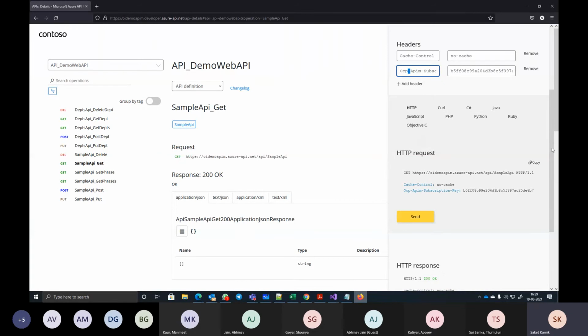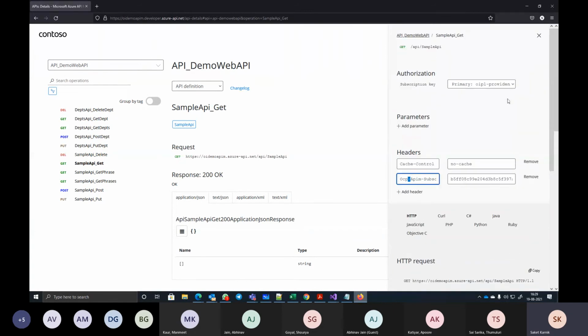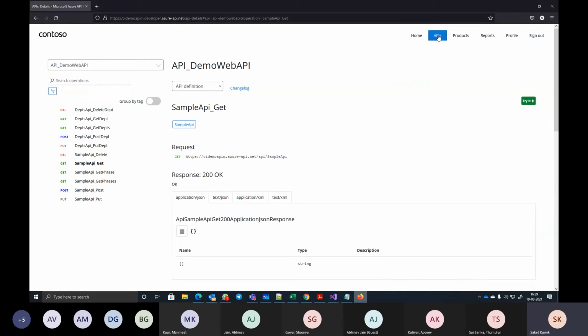I can market my APIs. I can put a charge. I mean, I can commercialize the APIs. Yes or no? The portal which we are using here right now is what we call a self-service portal.